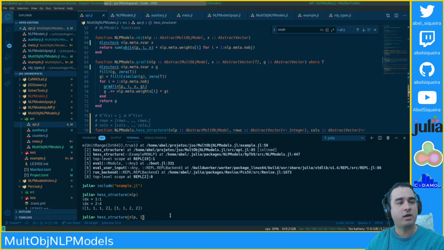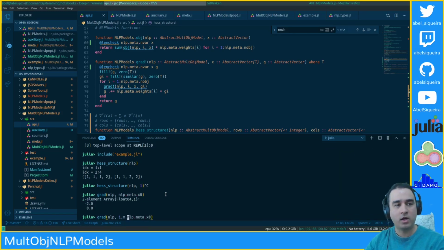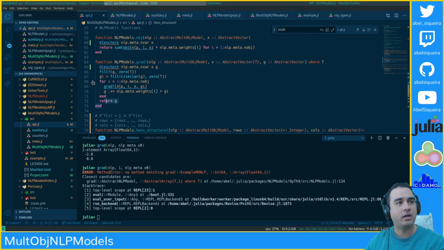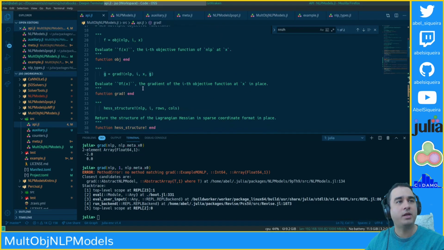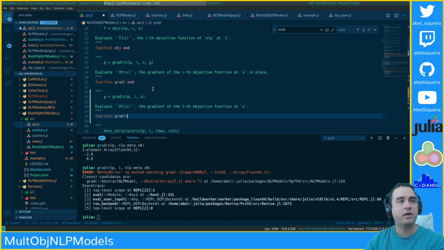The same way that if I call grad, it should work. If I say grad NLP at NLP meta x0, it should work. If I say 1, it should work as well, and it is not working. So this is something for the default NLP to handle. So here we're gonna have the default NLP method evaluate the gradient of the objective function at x not in place,